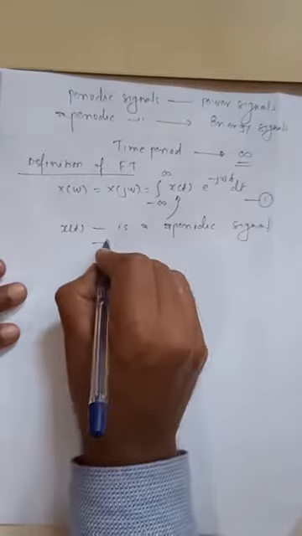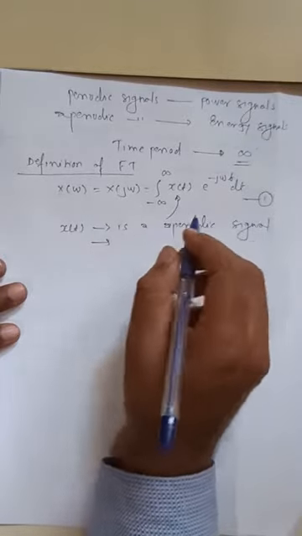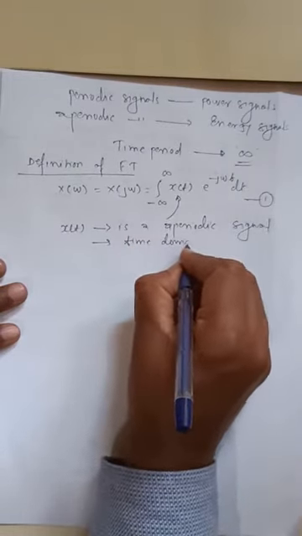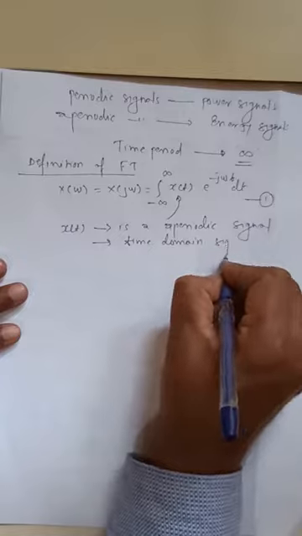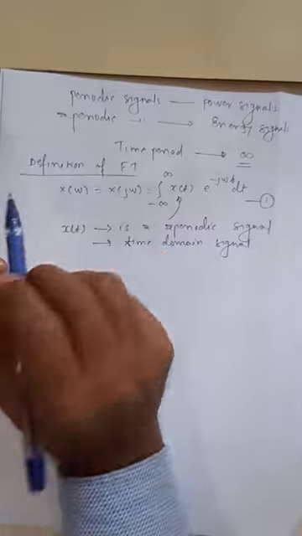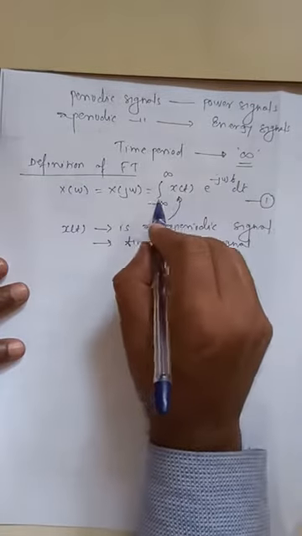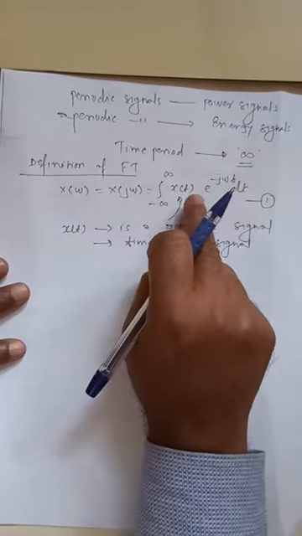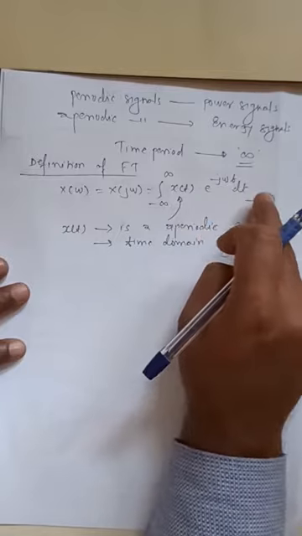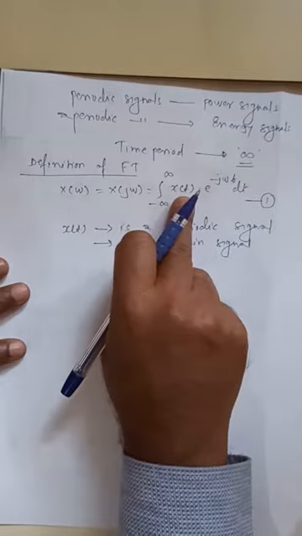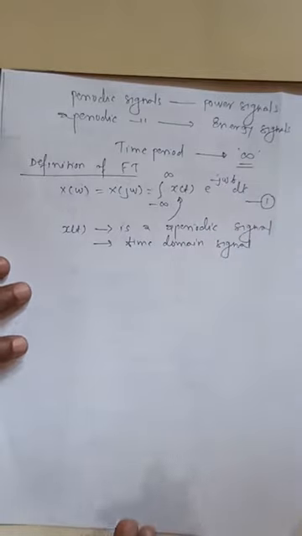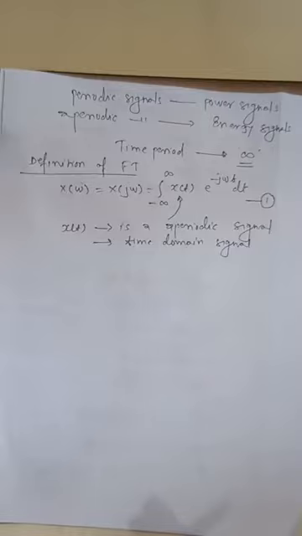So it is a time domain signal, as x of t is related to t. This time domain signal we are converting into the frequency domain. So omega is representing the frequency domain, integrating with respect to t: x of t into e raised to minus j omega t into dt. You can write whatever signal is given in the place of x of t, and you can solve this integration. You will get the Fourier transform.